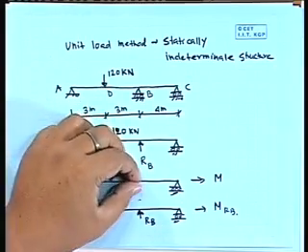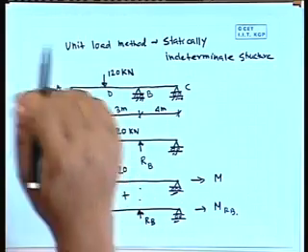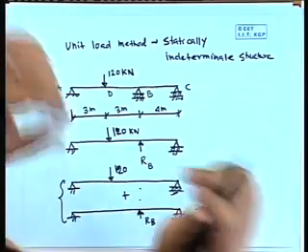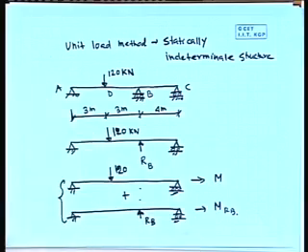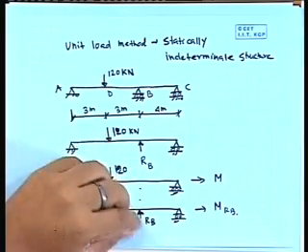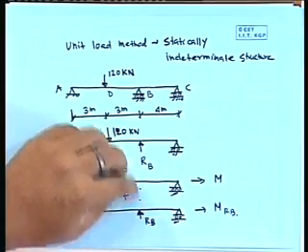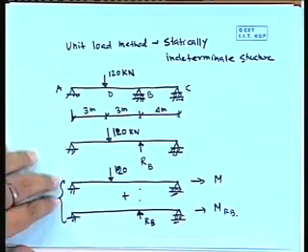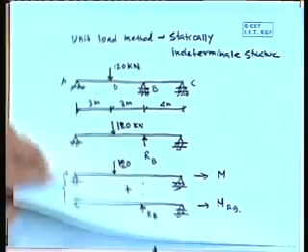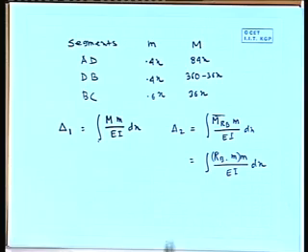So the deflection due to RB and the deflection due to the load, we will add algebraically, and that should be equal to 0. Right. So if we take RB in a reverse manner, or if you